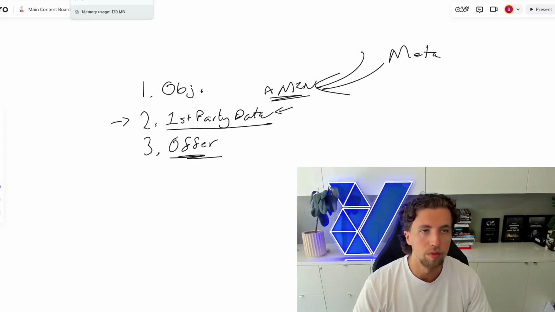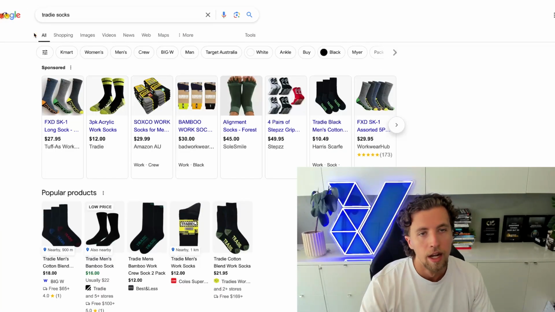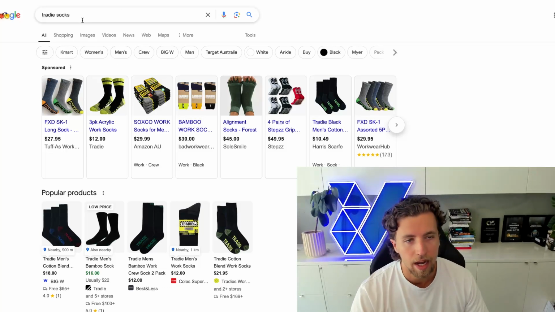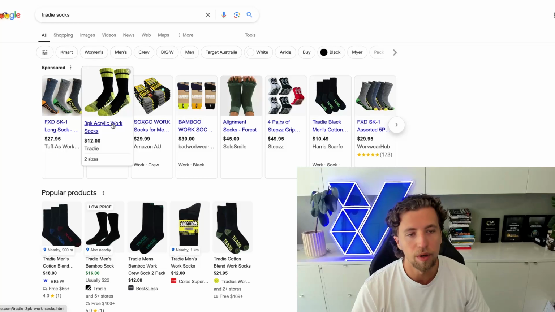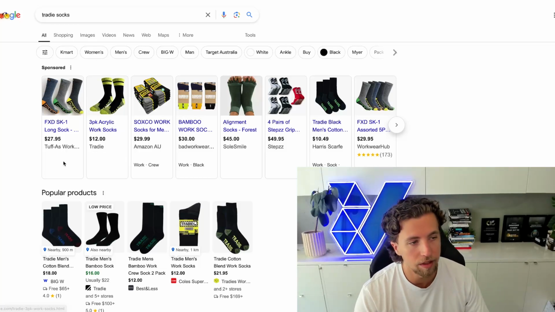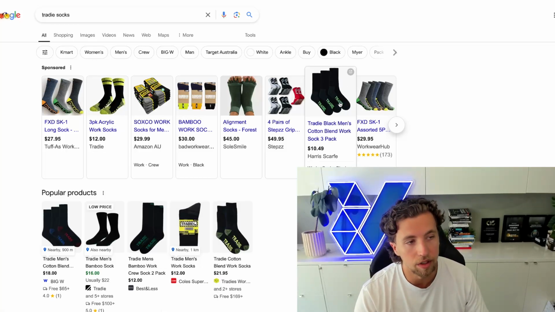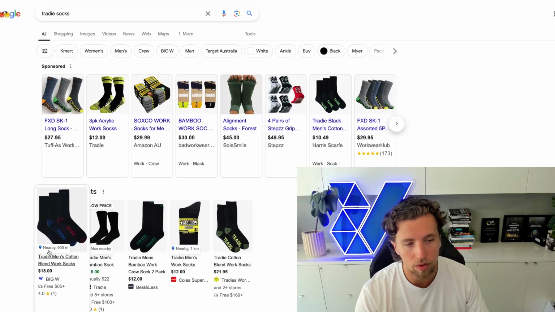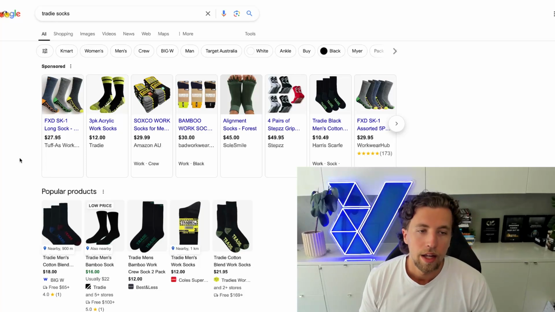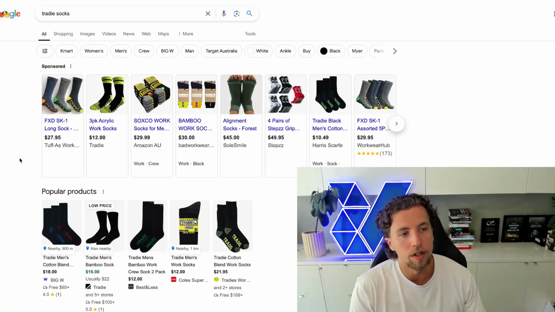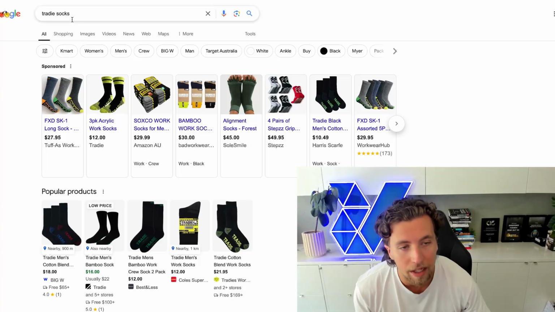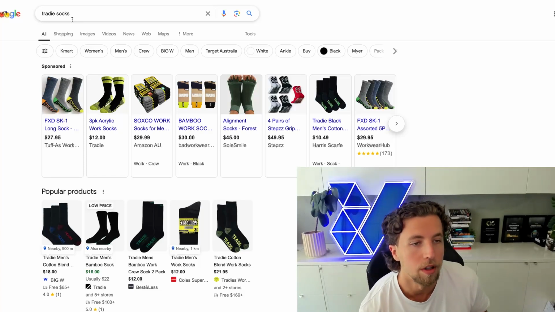So let's run through 2 quick examples so you can get an idea for this. Number 1 is Tradie Socks. So this is a brand in Australia, sells socks, pretty simple. You can see they have a direct-to-consumer website that you can purchase from, but they're ranking number 2, and every other ranking is either a competitor or a stockist. For example, you can see a stockist over here, and then down here in our popular products, these are all stockists of the product. In this case, they obviously need to be asking the question, do they want more saturation under this key term? Do they want to be running a specific brand search and a brand shopping campaign? Do they want to be putting additional spend here or not?